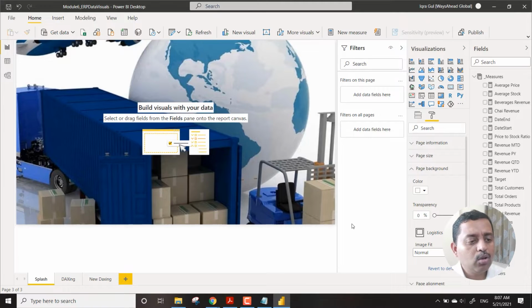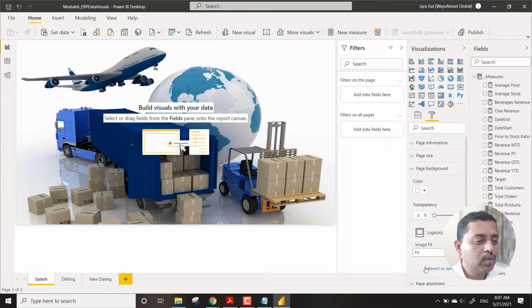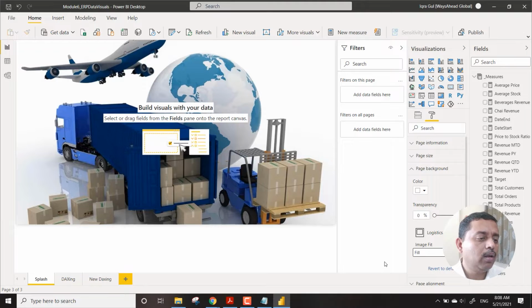So when you bring it to 0%, you will see something like this. So the picture will be visible to you. And there are different options. So one, you can say fill. So it will look something like this, so that the entire picture looks very prominent. Or you have, in some cases, fit might be the case. So when you say fit, then what happens if the image is not as per the size, then it will create some issues. So it's better to go with the fill so that we see a proper image.